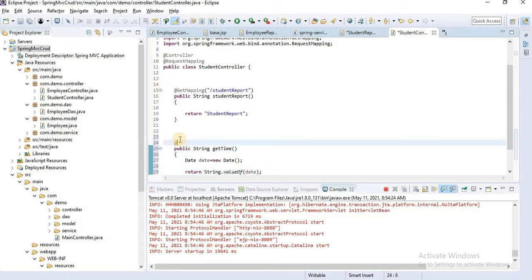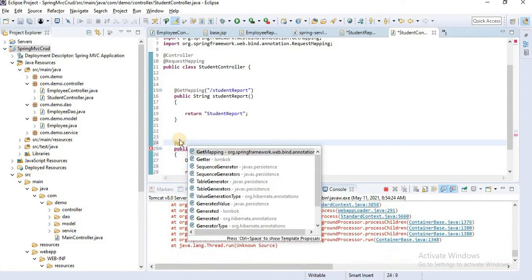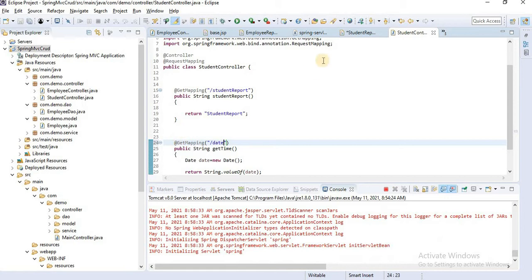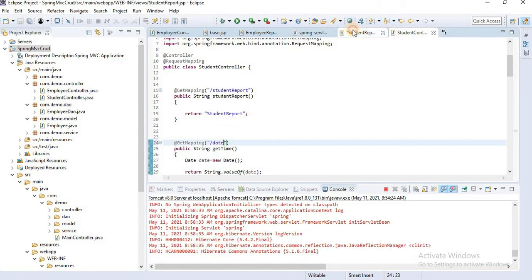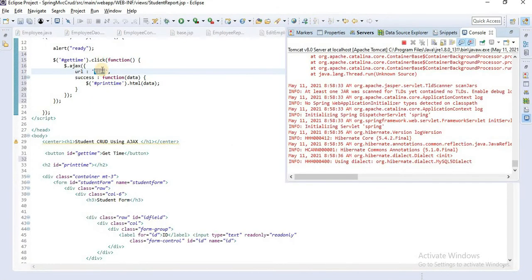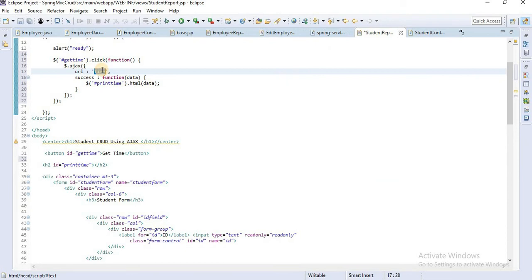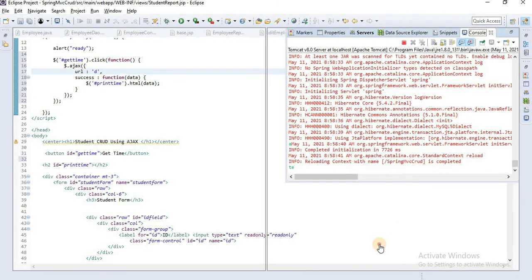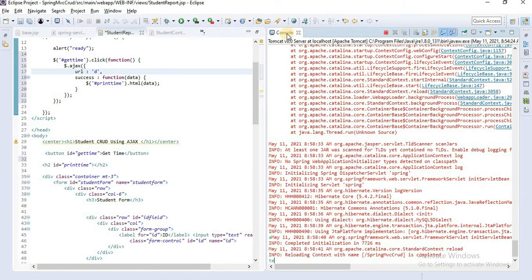Create here one @GetMapping, URL slash date. This date should be defined here. Okay, here we have to define date. Let's go here.